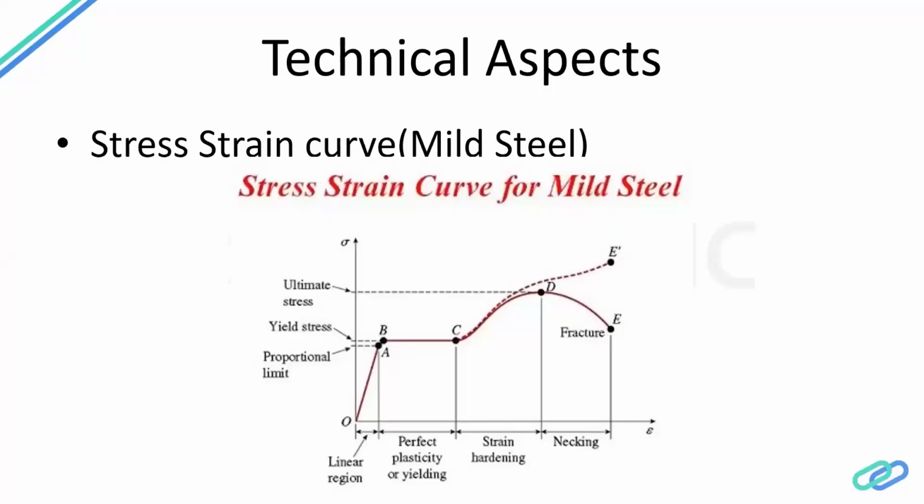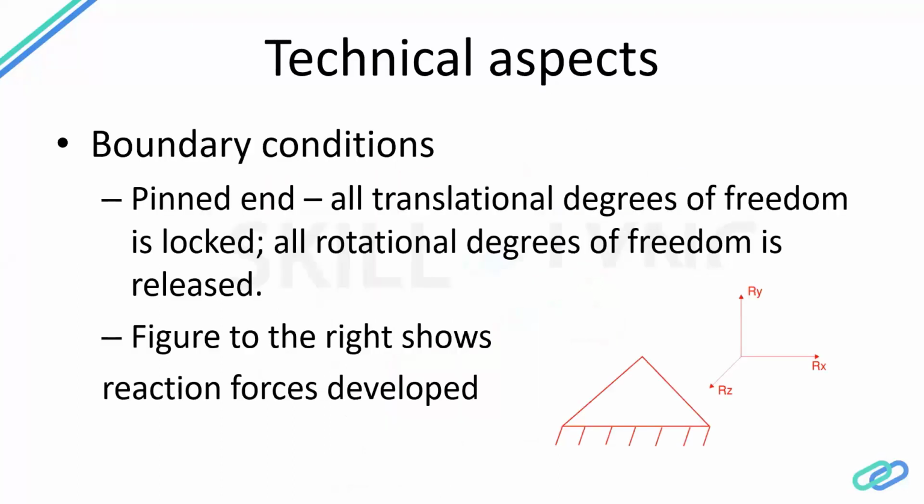In addition to the material, the other thing which governs the behavior of a member is the boundary conditions, right? Any structure will have different supports, be it a pinned support, a roller support, a fixed end support, or it could be springs as well. So we'll look at some of those, the different aspects of them, and the real life examples of these kinds of boundary conditions.